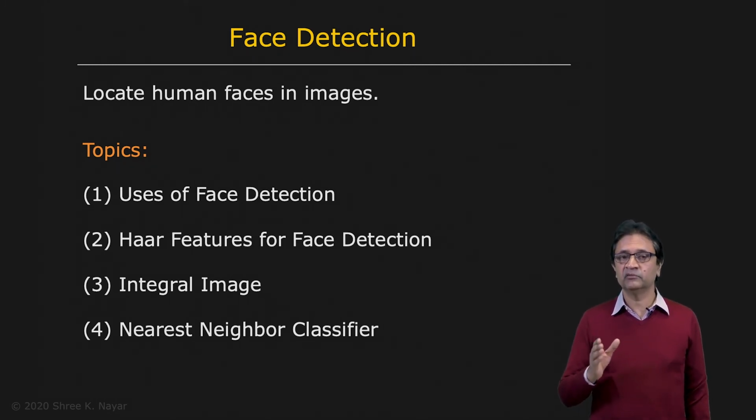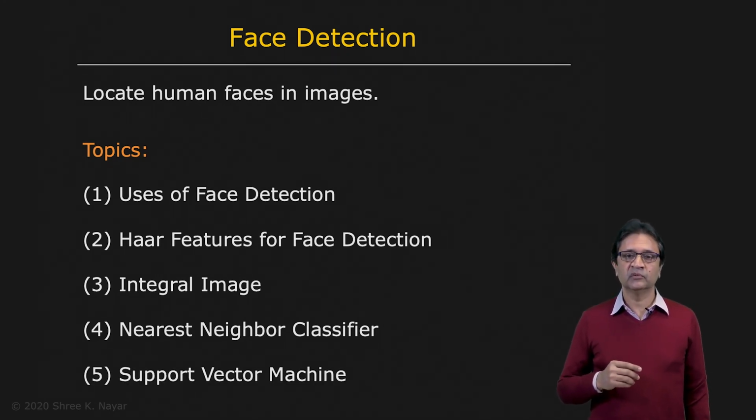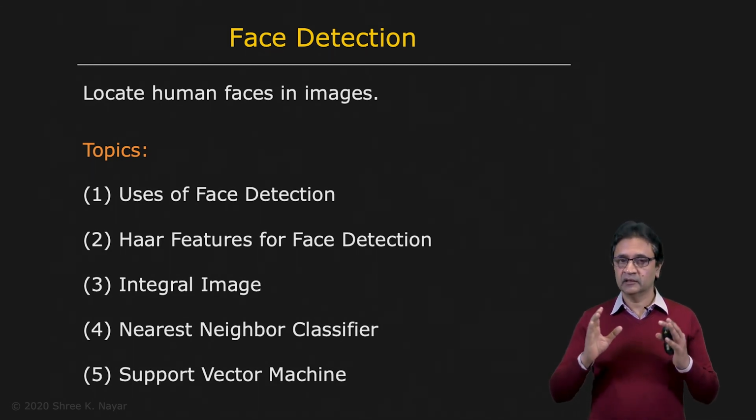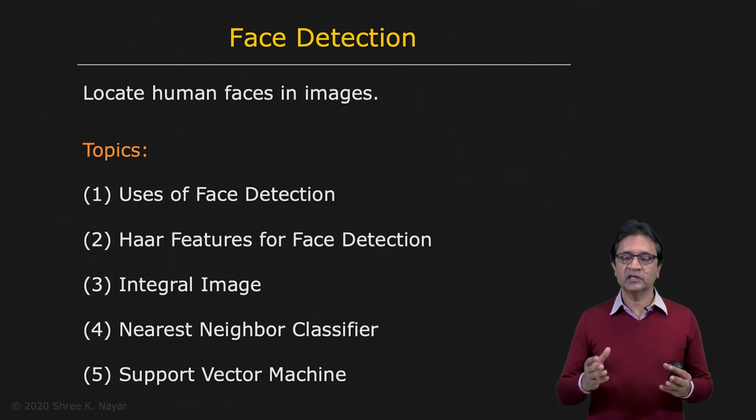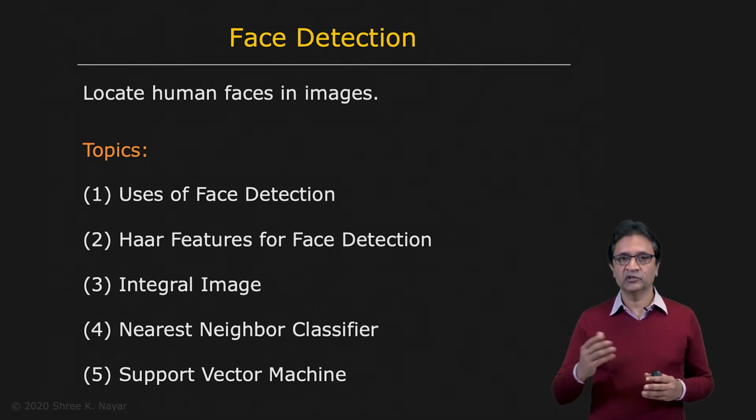It's much better if we could actually use simple decision boundaries. And that's exactly what we accomplish using what's called a support vector machine. We'll see what decision boundaries are optimal in the context of classifying vectors into two classes or multiple classes. We'll see how a support vector machine can be computed for the application of face detection, and we'll show some results.